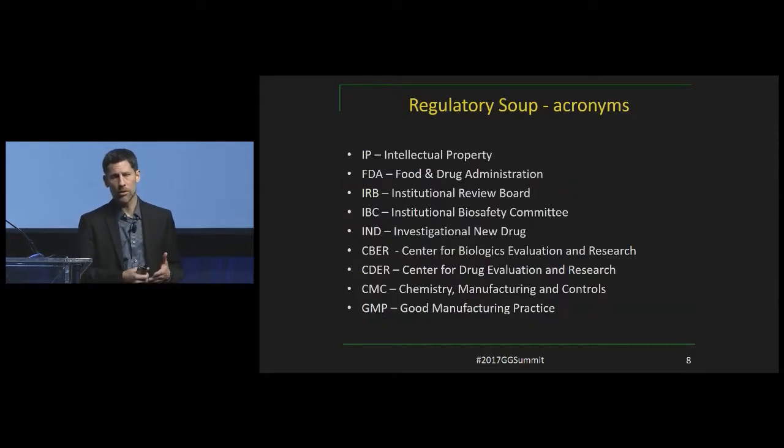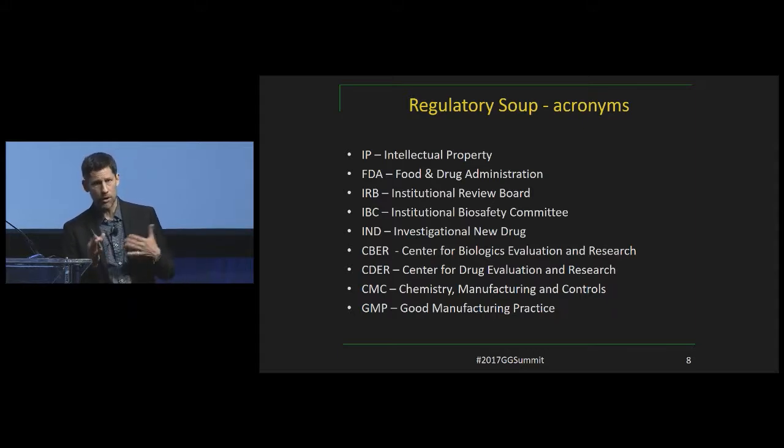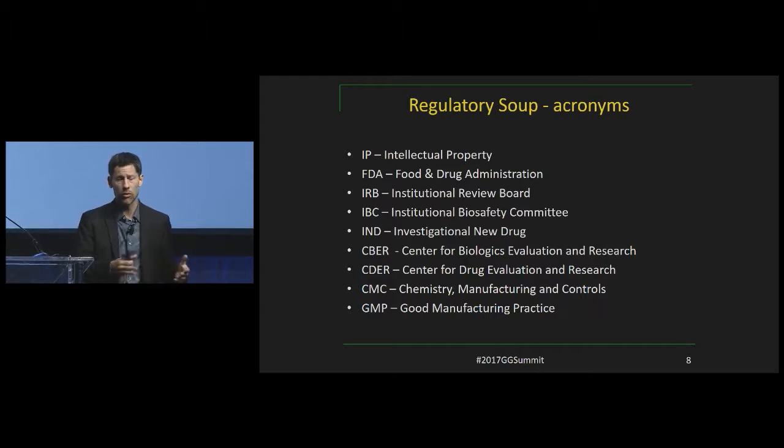So here are some of those acronyms that Ellen and I are going to talk about back and forth today. We'll talk about IP or the FDA, IRB and IBCs. The IRB is usually a body that's governed at the hospital. They're responsible for all of the hospital patients' safety and really some of the ethical reasons about how and why you go into a clinical trial.